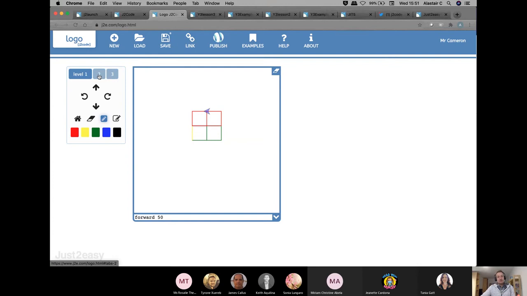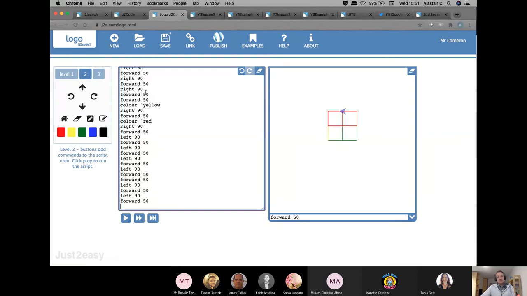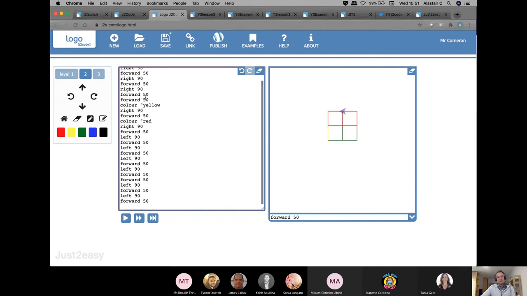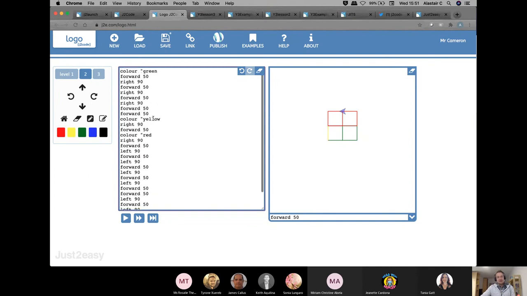When we move into level 2, what I'm seeing here is all of the commands that we've put in listed here, where we can alter any of the instructions and then press play again and continue where we left off. And you'll see that it again follows the entire process. So we're then building in this process of understanding how the algorithm then presents itself pictorially.